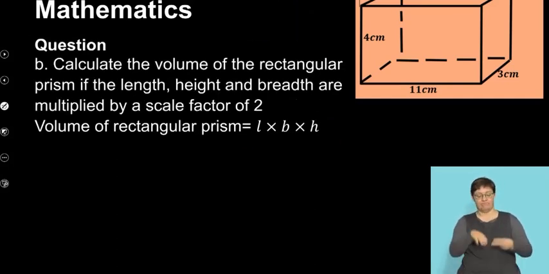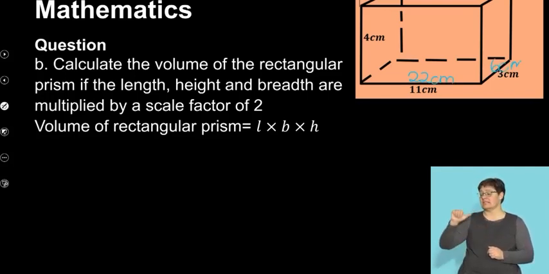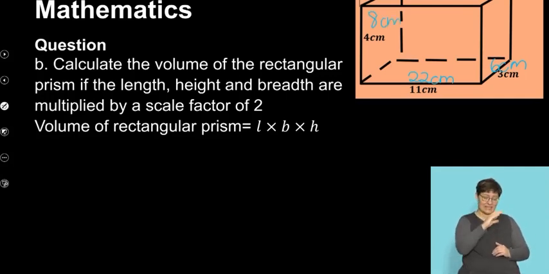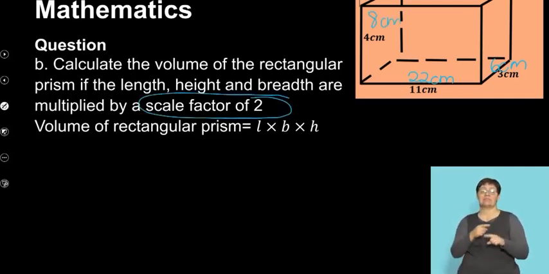Let's go to B. It says, calculate the volume of the rectangular prism if the length, height, and breadth are multiplied by a scale factor of 2. So everyone, please remember that this means that now we're going to have 22 centimeters as our length, 6 centimeters as our breadth, and 8 centimeters as our height, because it has been multiplied by a scale factor of 2, which means I am doubling all of my lengths. There are two ways to go about this. You can either say 8 times 22 times 6, because these are your new values for the volume,